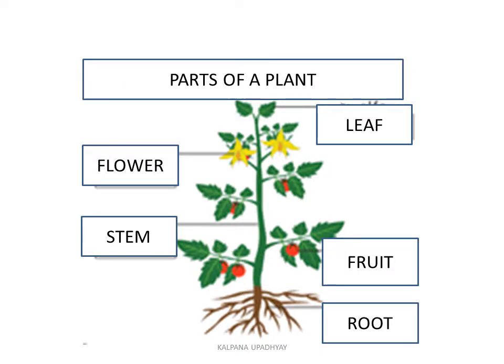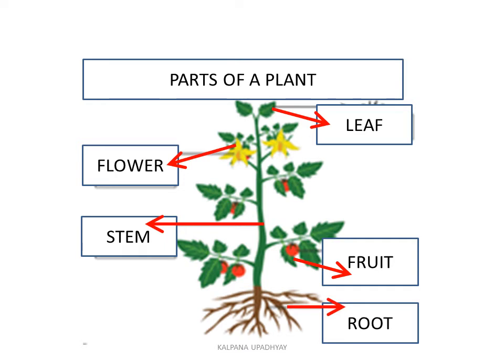Here we will identify the parts of a plant. This green part is the leaf, but you can see many colors of leaves, like red and yellow. Also you can find common flowers. Flowers come in different colors and they have smell also. Stem. Stem supports the plant above the soil. Fruit has seed in it.